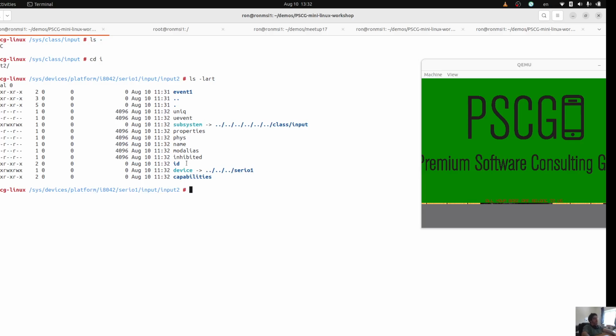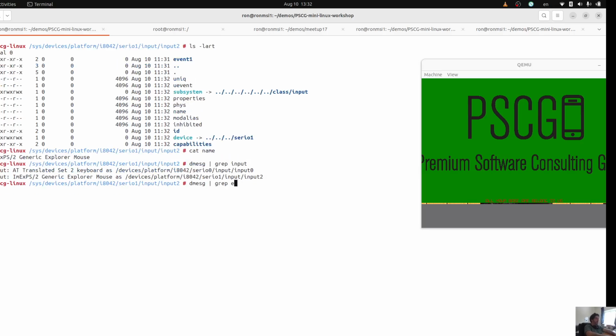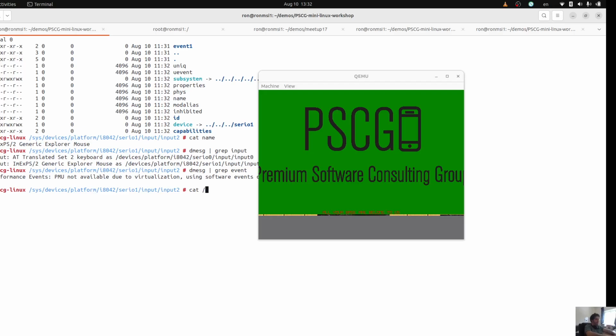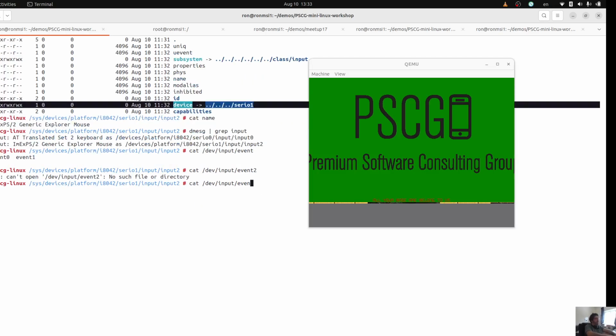now we can see it's serio here. We can go to capabilities and see what's going on, but we're not going to look at it too much. The name is this generic mouse, which you can see here. And if I now cat /dev/input/event1,